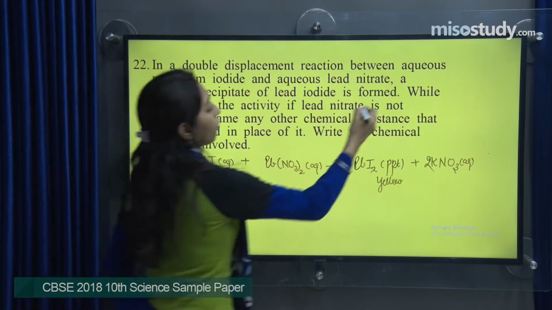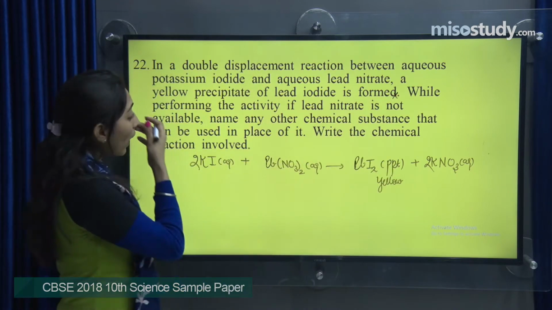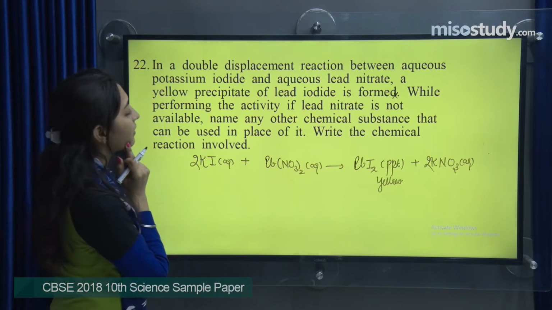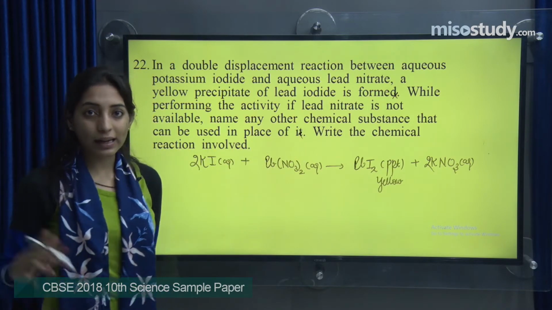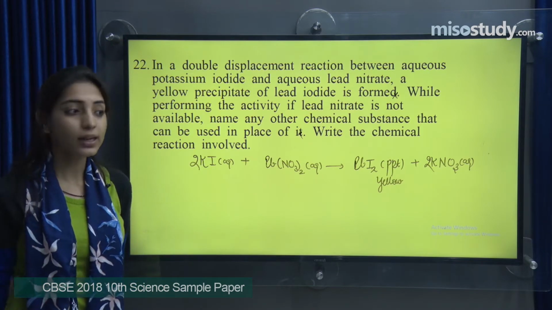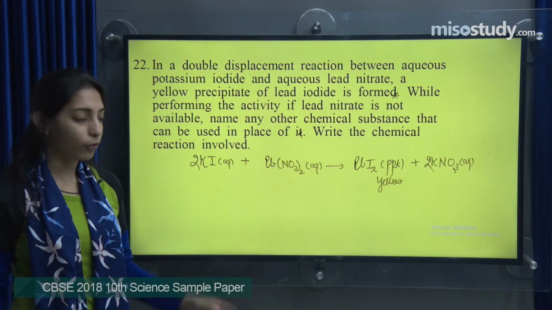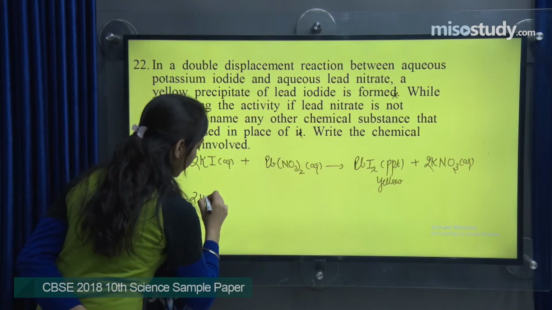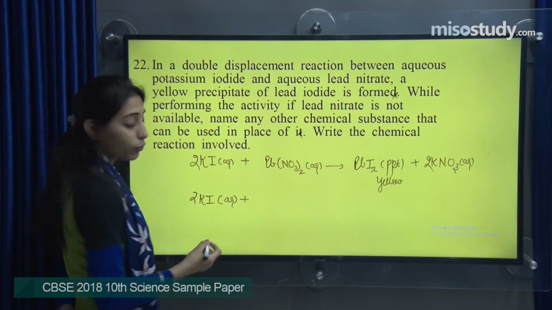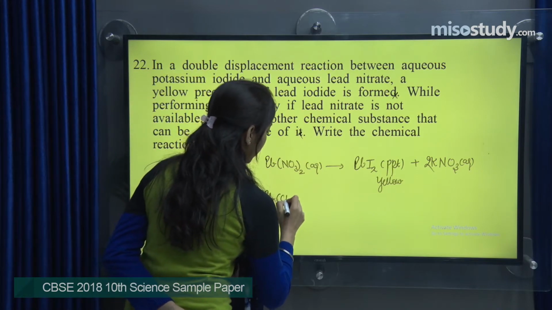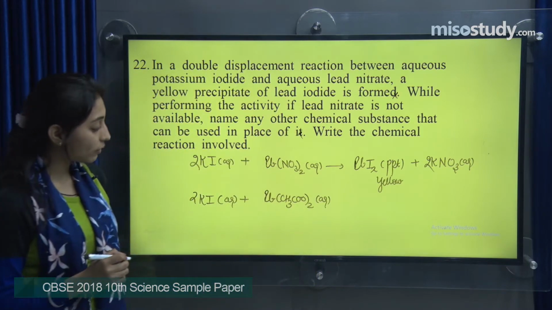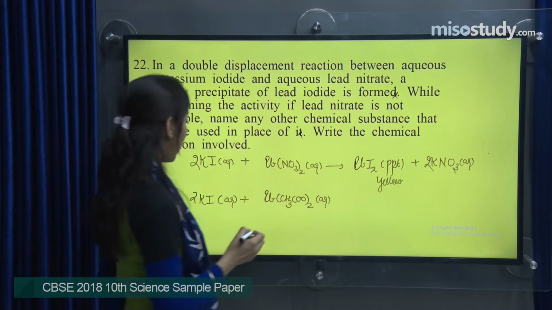Okay, fine. Now he is saying, while performing the activity, if lead nitrate is not available, name any other chemical substance that can be used in place of it. So when lead nitrate is not available, I just need to have lead in +2 oxidation state, which can be taken in any common compound, right? Instead of lead nitrate, you can take lead acetate, Pb(CH3COO)2. So once again, if you take Pb(CH3COO)2 and do its reaction with KI, it will lead to